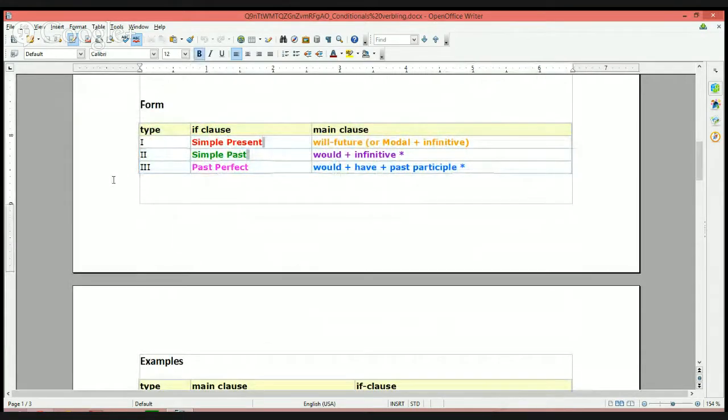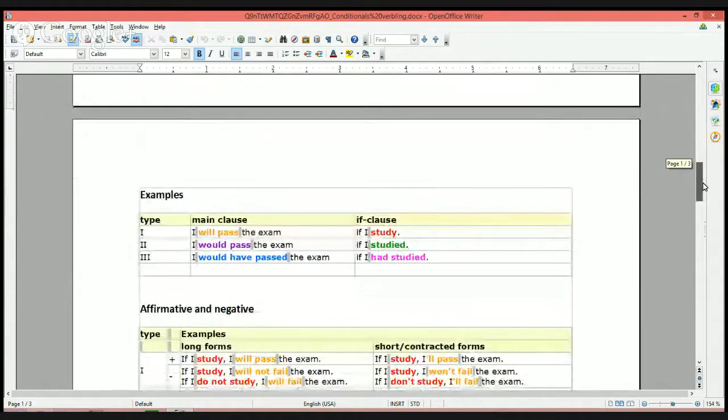Okay. Type 1. Simple present. Will, future, or modal plus infinitive. Type 2. Simple past. Would plus infinitive. Type 3. Past perfect. Would have, would plus have plus past participle. Thank you very much. So those are the forms, the tenses we're going to be using to talk about each